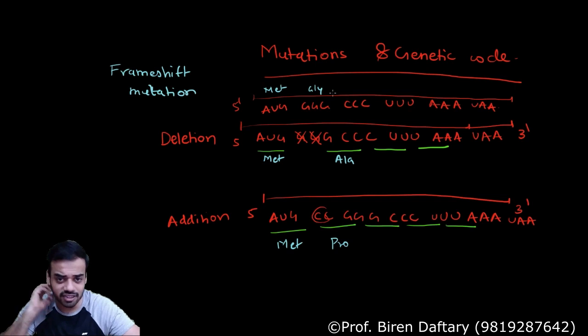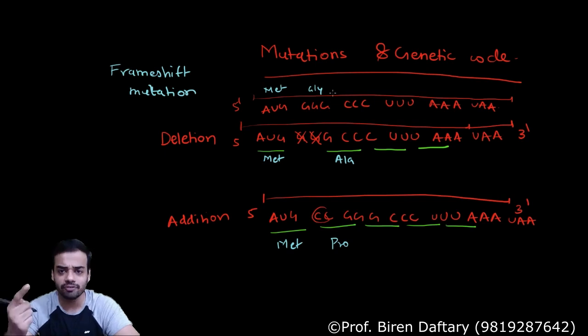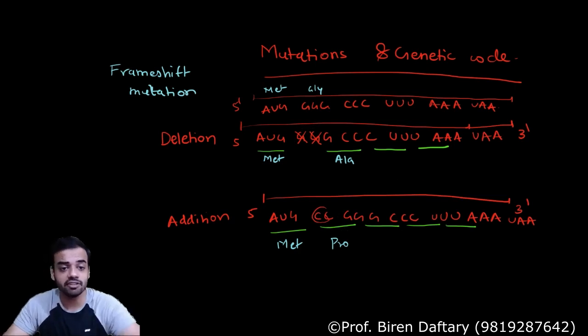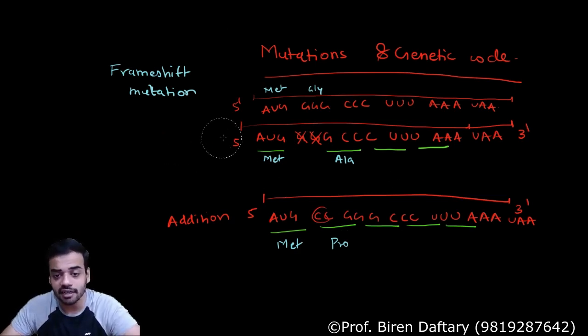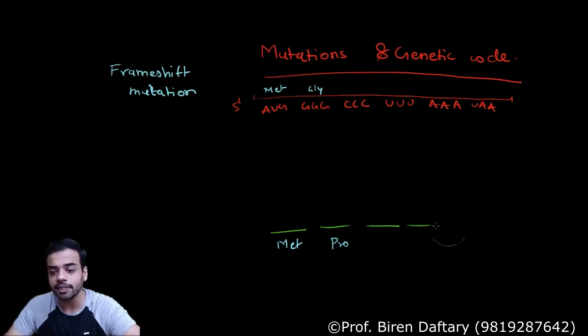Clear? So I was just giving an example. Is this clear? Deletion, addition, how they are causing frame shift. I have given examples of 2 nucleotides added or removed. You can also take the addition of a single nucleotide. Here I am showing 2 nucleotides. There may be more also. But if the mutation is caused by only a single nucleotide, then the mutation is called a point mutation.